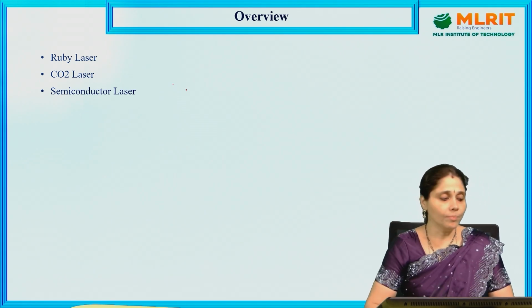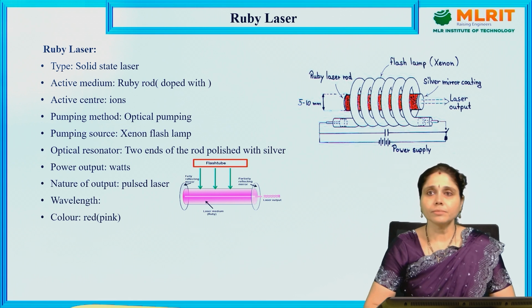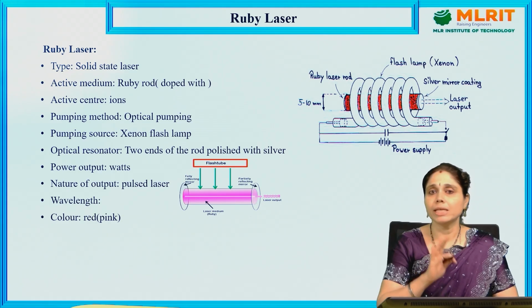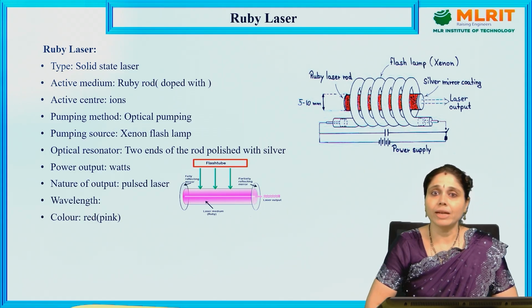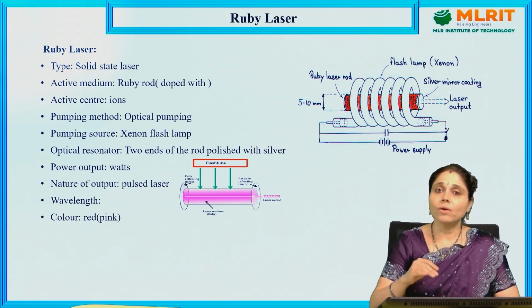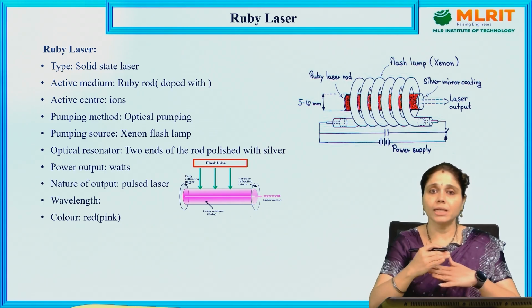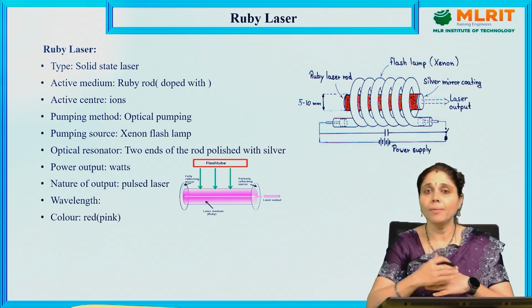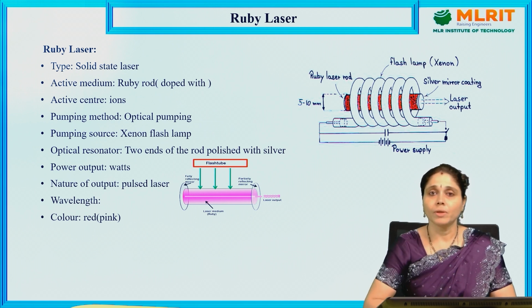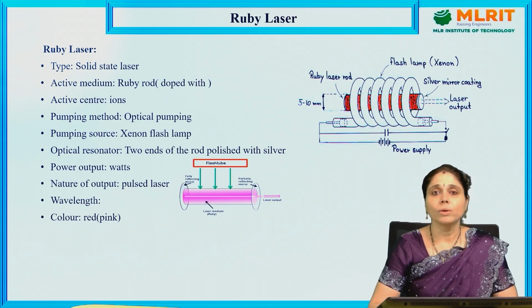Okay. So, let us see. Ruby laser. This is a solid state laser. It is known as 3-level laser system. So, we have already seen the 3-level laser system. What are the 3 levels? One is ground level, another one is excited state, another one is metastable state. 3-level laser system. And we are going to see another level laser system also. Okay, provided we have another level coming in between the ground state and the first 2 states. Okay, so this is how laser light will be produced.